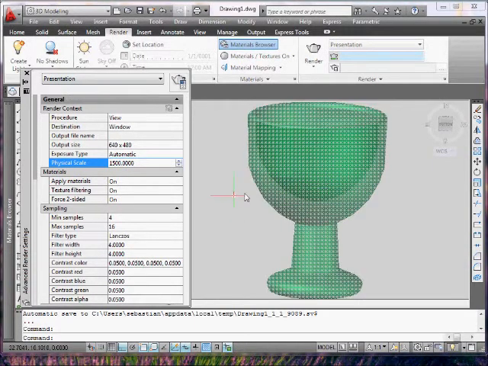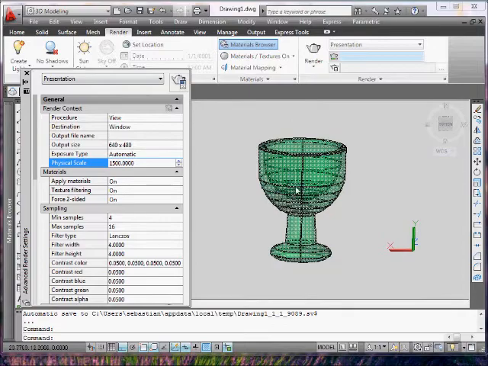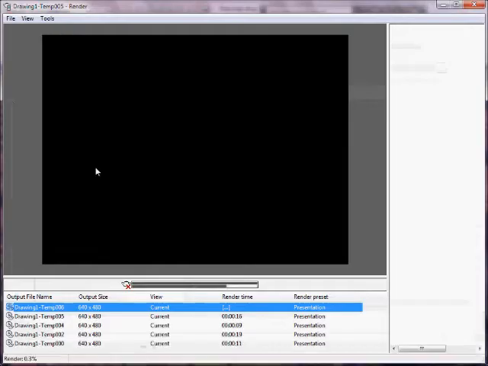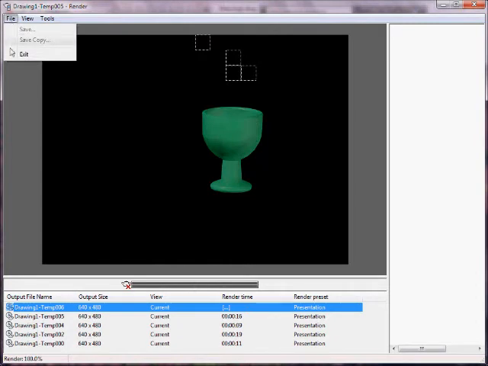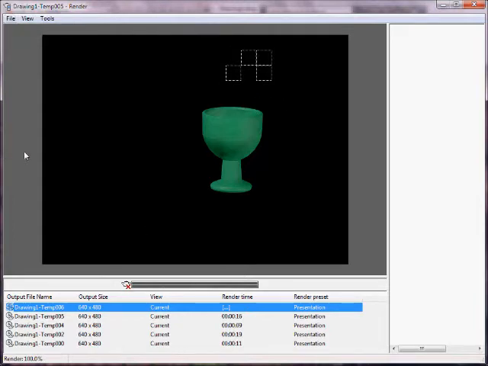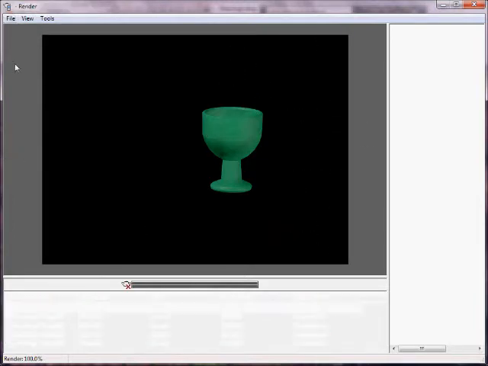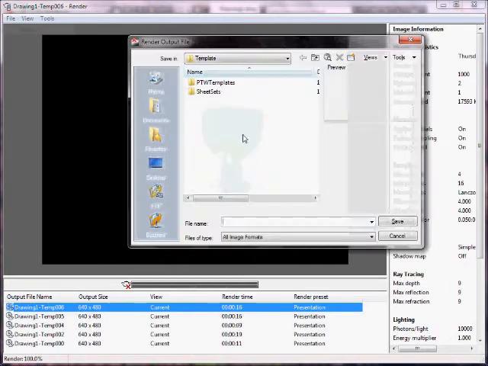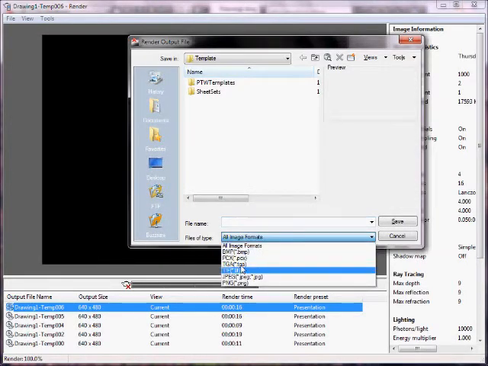Alright, once we have our material rendered, if you are rendering it in a window and you want to save your file, what I recommend is, once you get to the window, there's an option here: tab, file, you go Save or Save a Copy. It's still loading so I can't do it yet, you have to wait for that to finish. You go File, Save, and you save it as a JPEG or a BMP